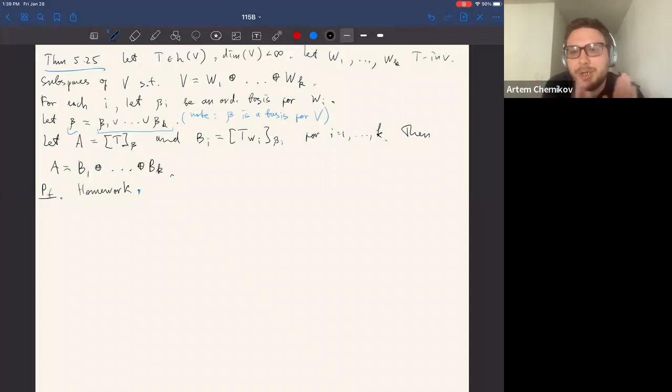If we're given a linear operator, it might be hard to understand it. So we try to simplify the problem by splitting the space into smaller subspaces, and then we analyze our linear operator on each of them separately, restricted to each of them separately. Some divide and conquer type arguments. Okay, so that's kind of it for now for